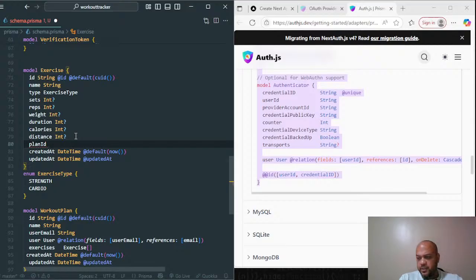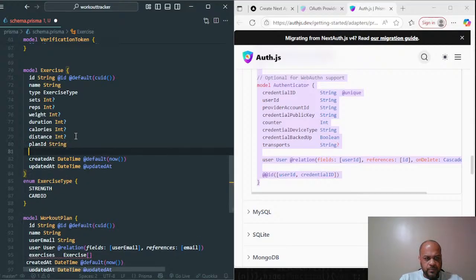Plan ID. This will be a string. And then for the plan ID, we'll need to have it relate by the plan. And it's going to refer to the workout plan. We'll say at relation. The fields will be the plan ID. And we want it to reference,